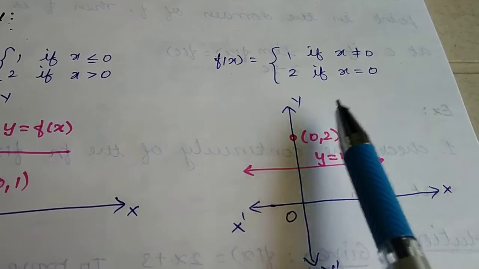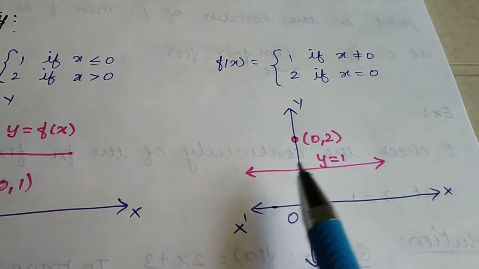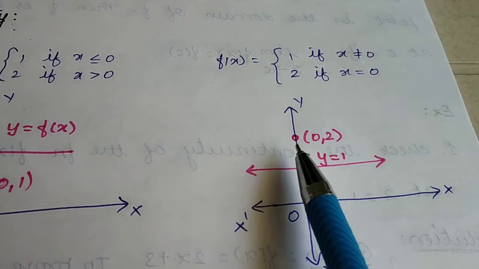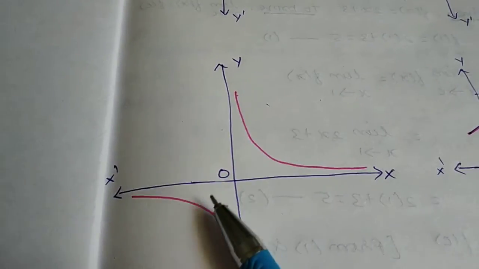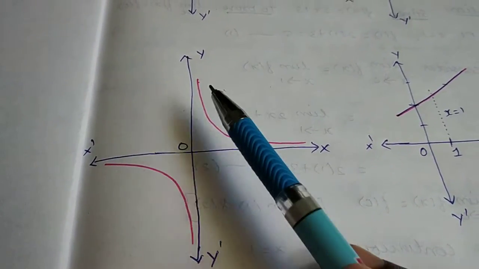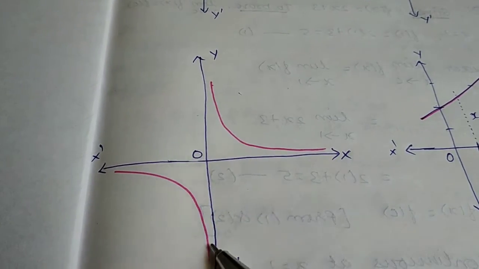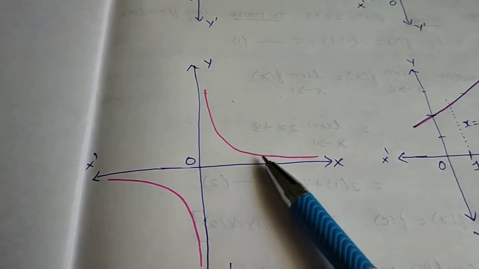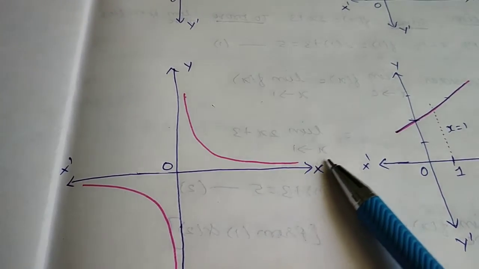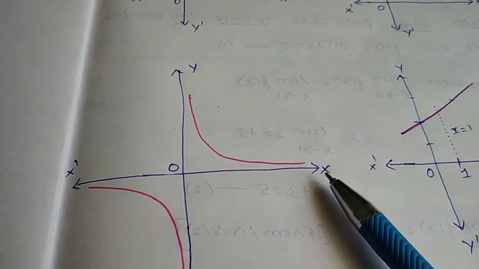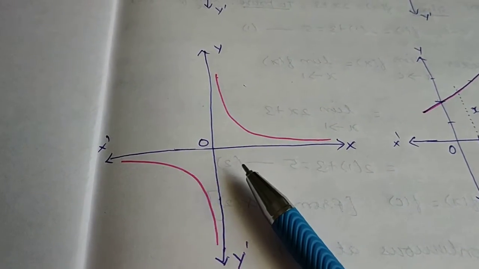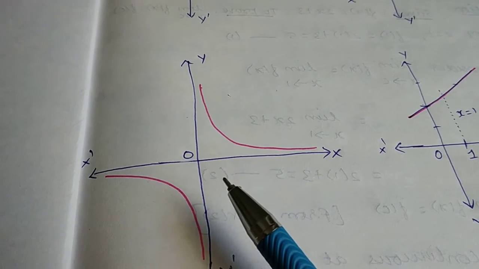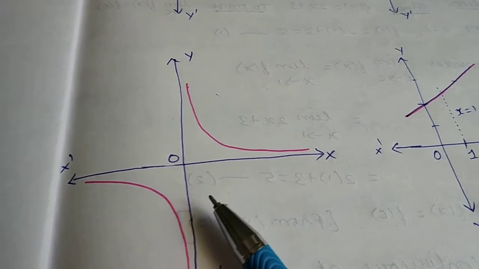Okay, got it? So if you are able to draw the line, you have to cover all the points. Then one more example. Here we have two curves. These two curves do not meet each other, and at a particular point they go to infinity. So these types of curves won't be an example for a continuous function.